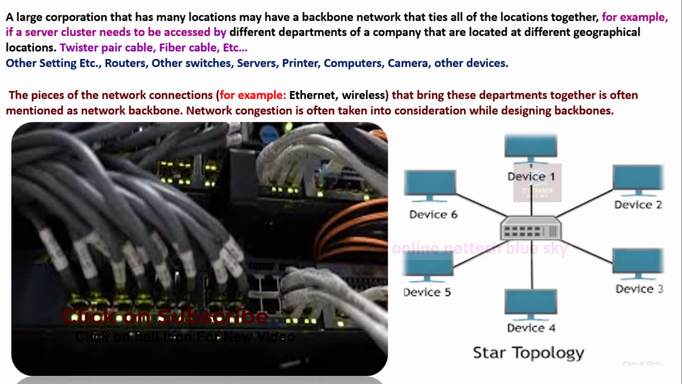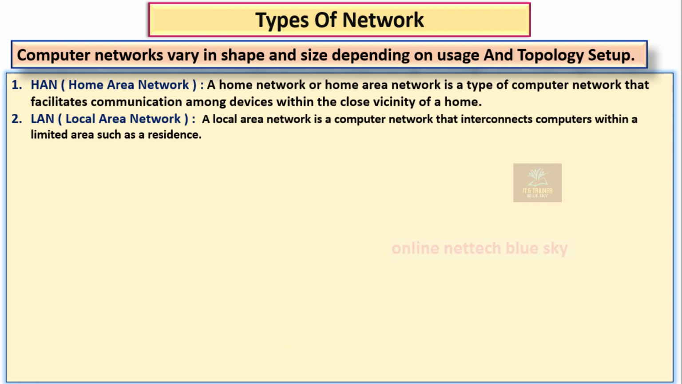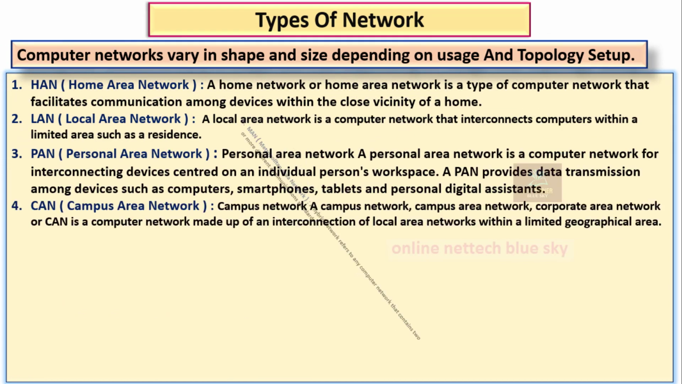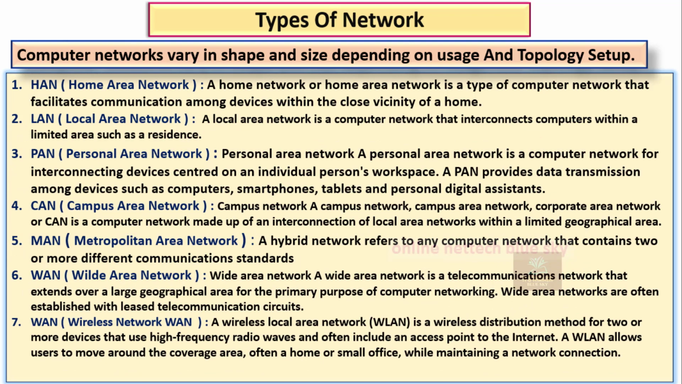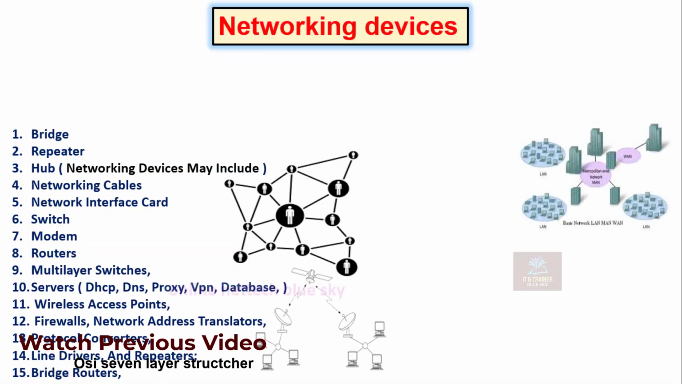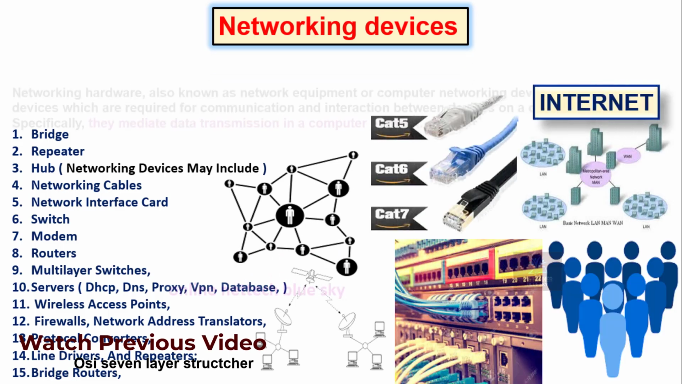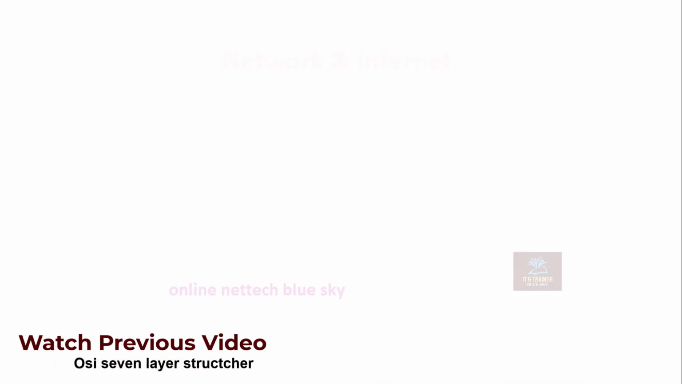I created all the topologies one by one, and types of network: how many types of network, home area network, local area network, personal area network, campus area network, metropolitan network, wide area network, wireless network, virtual network. I already told you, and created these along with the topic of network devices. So how many types of network devices you can see here; to understand network devices related information, watch the previous video,